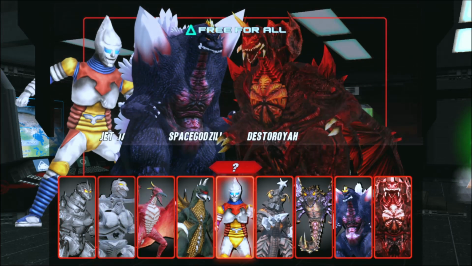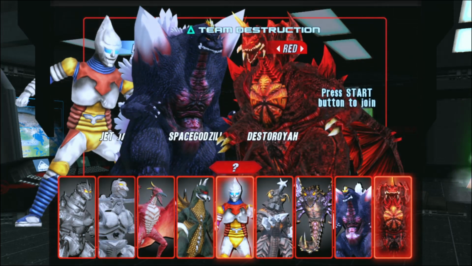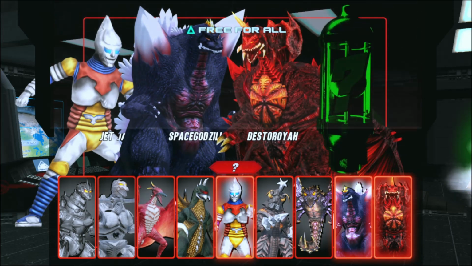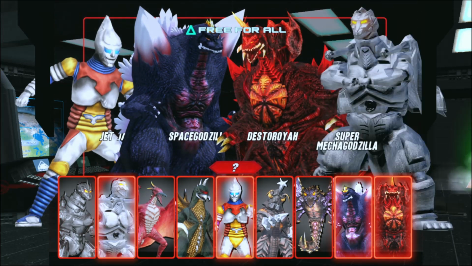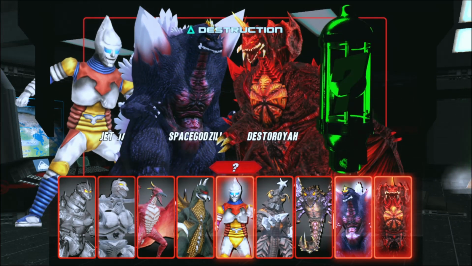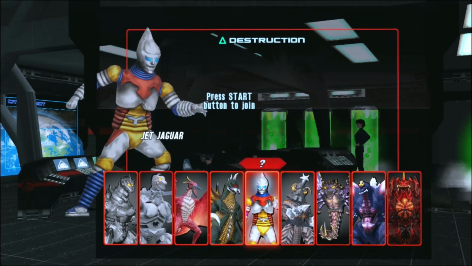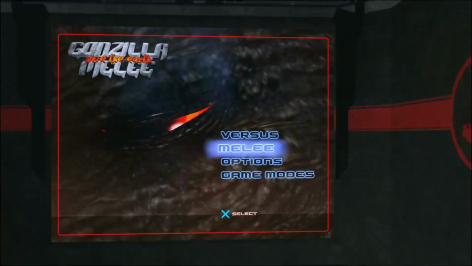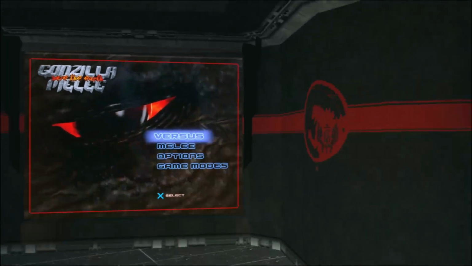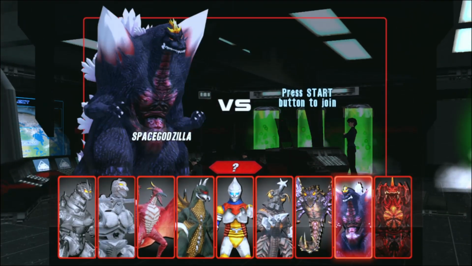And then we're going to go ahead. So we're going to do a Free For All. And then we'll just throw a random in there. And, oh, is it not going to actually let me do that? Well, that's a shame. Maybe it is, I just don't know what I'm doing, or maybe that's not been addressed yet. Either way, we will do...